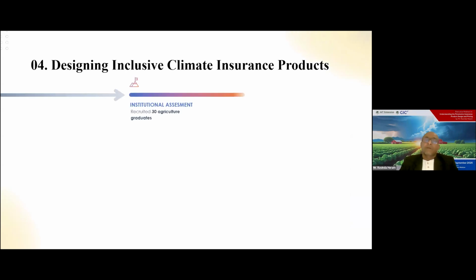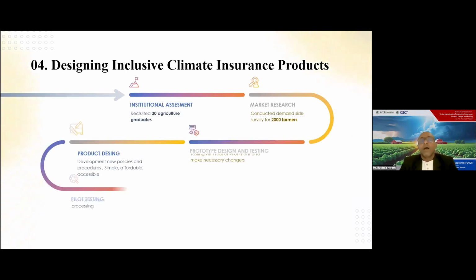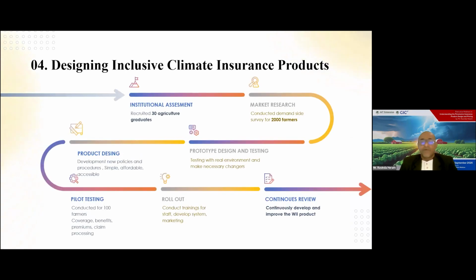All right, so for the product designing process, in an inclusive way, we have to follow all these steps to design the product, right? I'm not going to talk about each and every step, but I will go through the product development process roughly. We have to follow all these processes because we need the proper product at the end of this cycle. First, for the institutional assessment, we need to see the motivation from institutions, that they are ready to take this advantage or opportunity